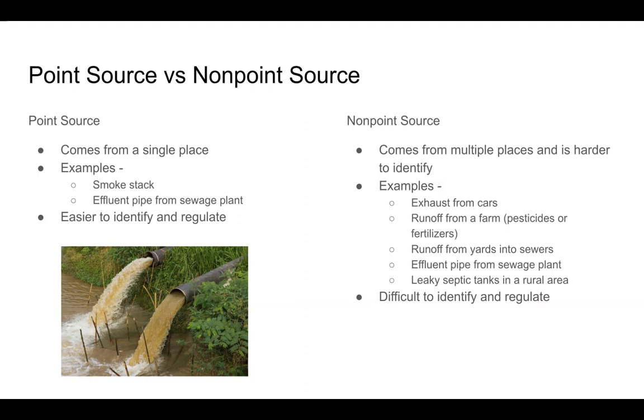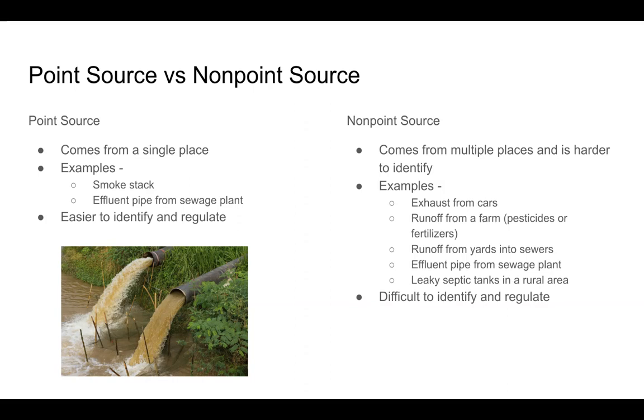So for example, you might think the exhaust from a car, you can point to the exhaust pipe of a car. And that's true, but there's many cars in an urban area. And so which one of those is causing issues? If you've had to go do emissions testing for your car, this is one way they try to start regulating in a non-point source, because another key idea is, again, non-point sources are difficult to identify and regulate. And so this is kind of how they try to approach it. But again, it's very, very difficult because there's lots of cars all giving exhaust and it's all kind of spread all over.